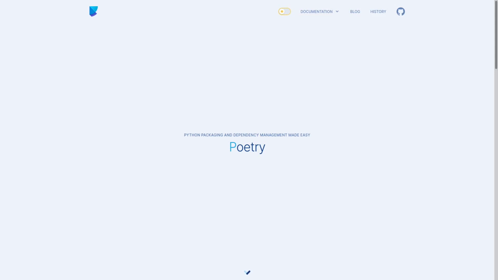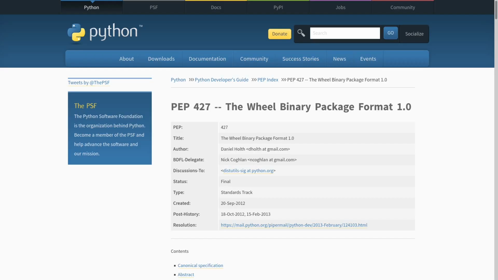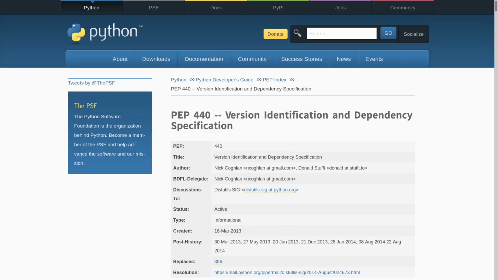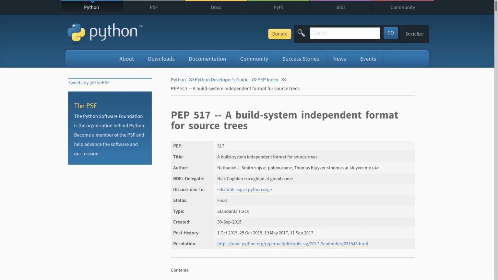Everything setuptools defined implicitly is now written down. Things like what a distributed archive containing a project should look like, how to interpret and compare version strings, how project names are normalized for case-insensitive comparison, how a project is built from source, and so on. When the data formats are specified, then individual tools can be swapped around. Setuptools becomes just one of many choices, and better alternatives get a chance to overtake it.